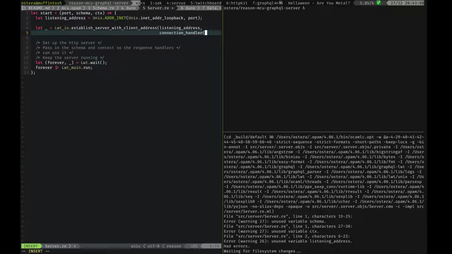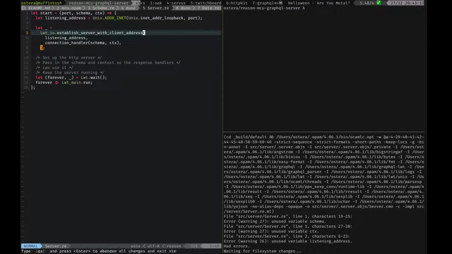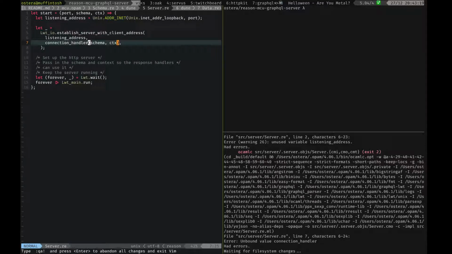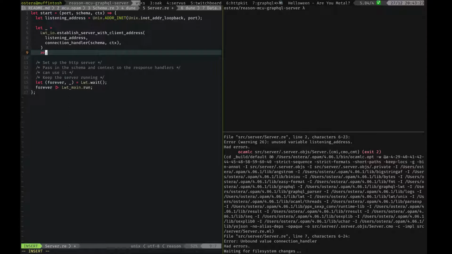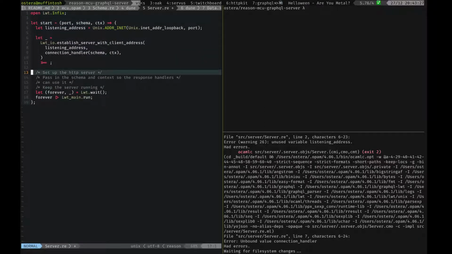And because the connection handler is the one that defines the request handlers and the error handlers, we want to actually give it the schema and context so that it knows how to build what it has to build. And then after this, because this is just an Lwt IO promise,